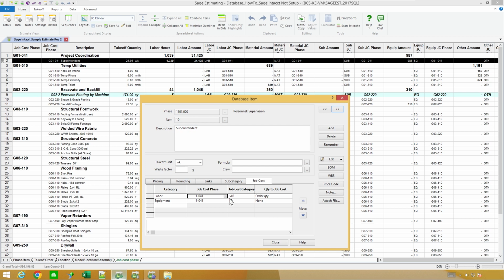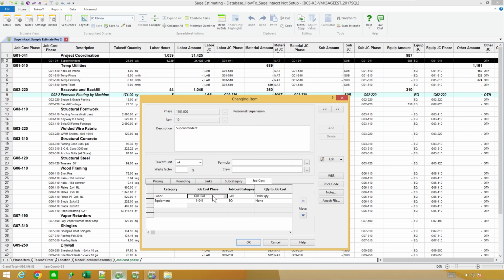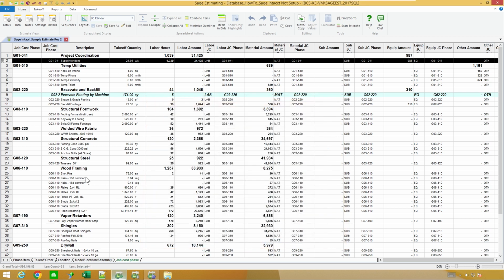So if I take a look at my category list, what is my cost code list going to show me? There we go. Yeah, I must have had a good estimate. So let's say that was in my G's again, and let's say that is something to do with project coordination, in this case. So, there again, I could go through the database and actually change these. So now the next estimate, if I were to use this item, it would have a good cost code associated with it. It's one method.